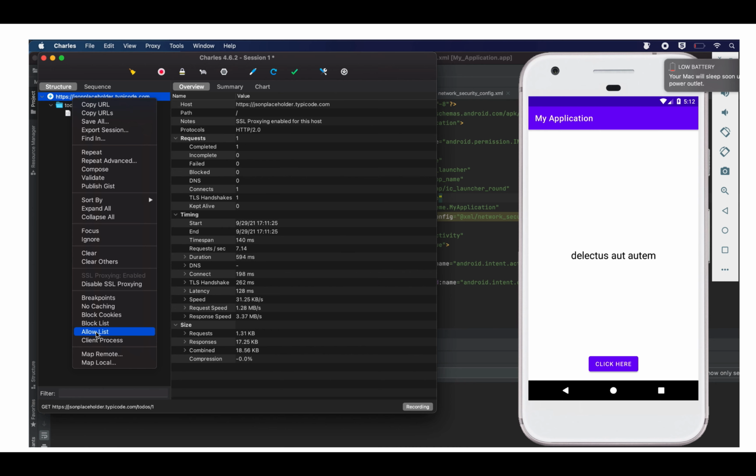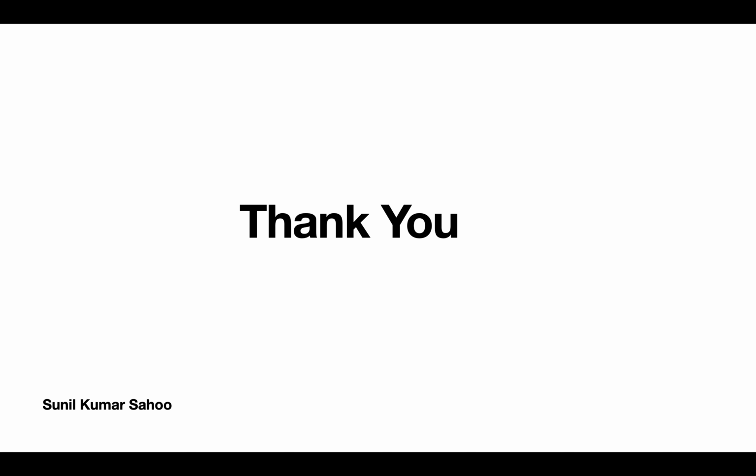Select that allow list. Then you can see your network request and response. This is the way that we can enable our Charles proxy for debugging. Thank you.